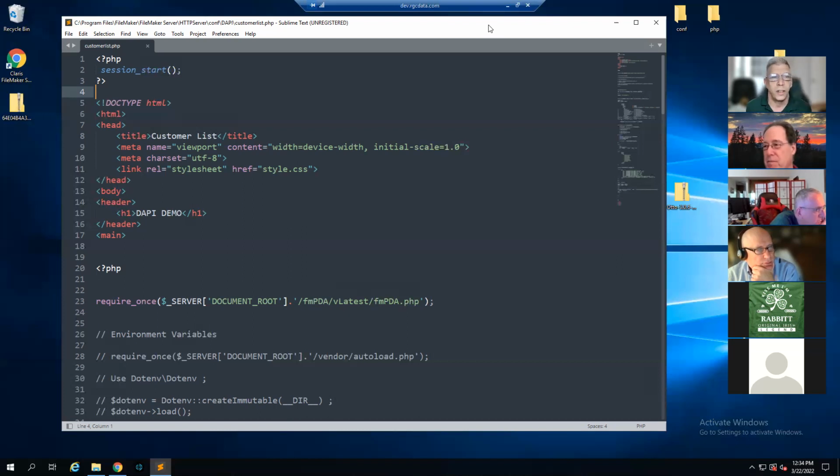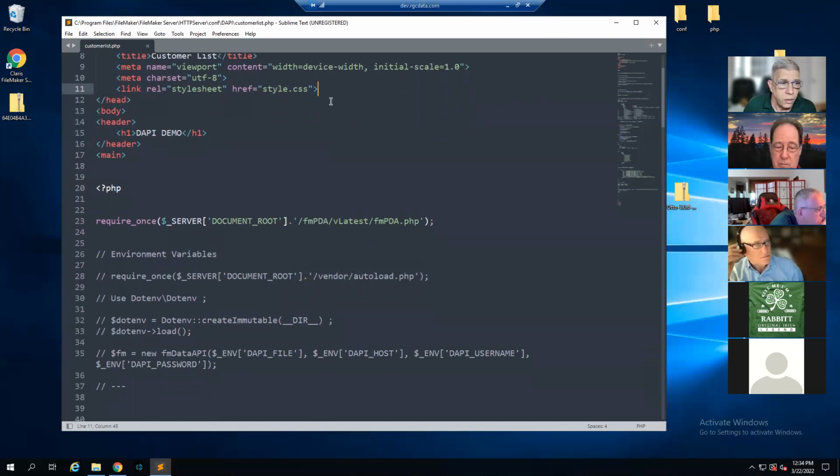What I found out was that you have to begin with that session start. In WordPress, when you're using these plugins, you're injecting the PHP into the middle of the page. So you actually have to edit the template page or create a special template to make sure that session gets put in there. Otherwise, if it's not wrapped in a session, every time a call is made to the Data API, it will establish a new connection and get a new token. So there's the basic